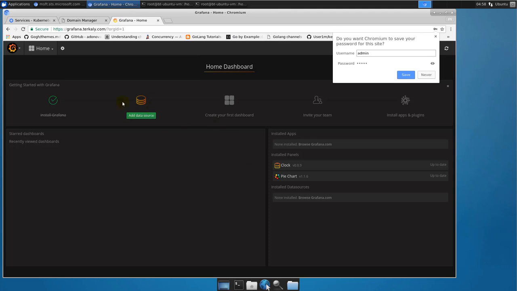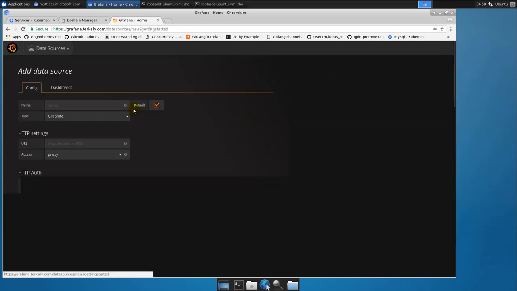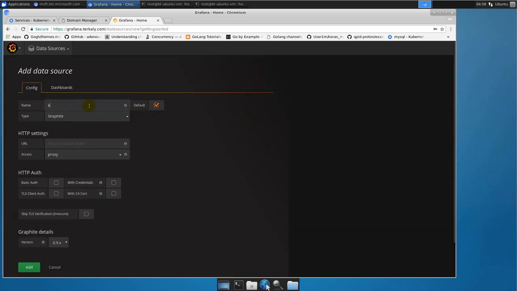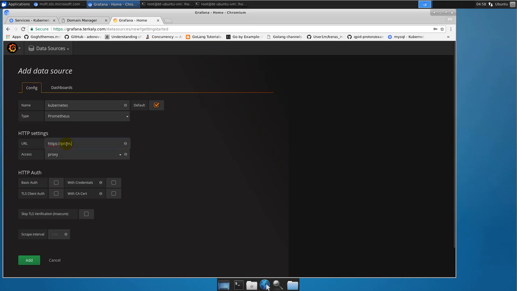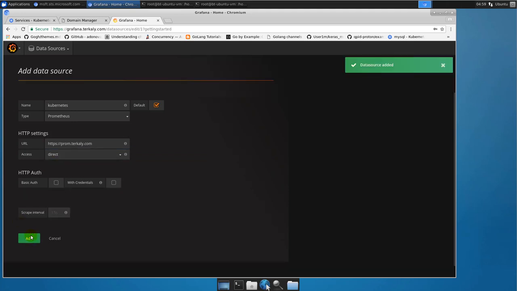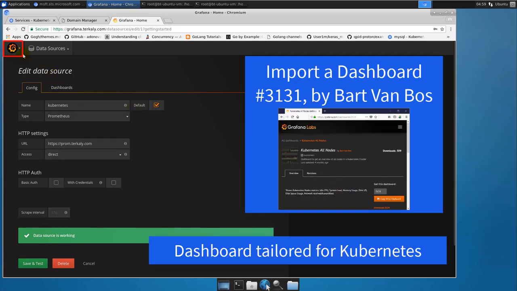Well, we're about to log in here, so once we do that, one of the first things we want to do is connect Grafana to Prometheus to get the performance data of our Kubernetes cluster. So we'll go ahead and give this configuration a name. We'll just call it Kubernetes. For the type, we'll go down to Prometheus. Multiple types supported. Now here is where we connect up Grafana to Prometheus. HTTPS prom.turkley.com. We'll go for a direct access here. And once we do that, we can add and validate here with a save and test that it's working,